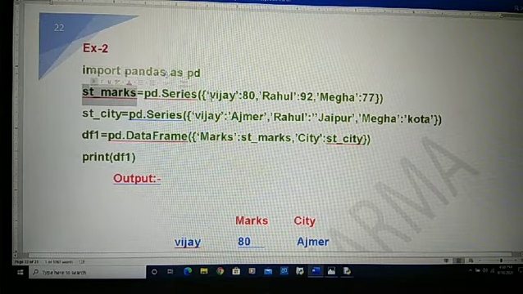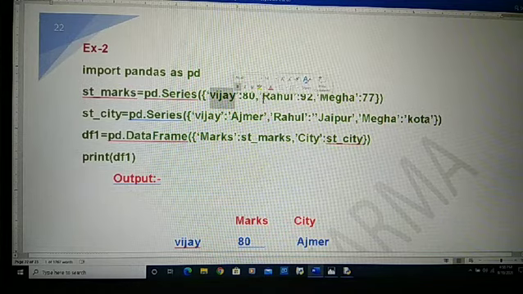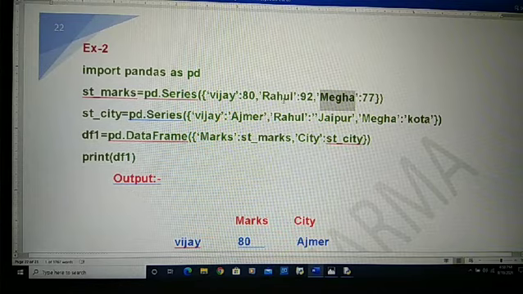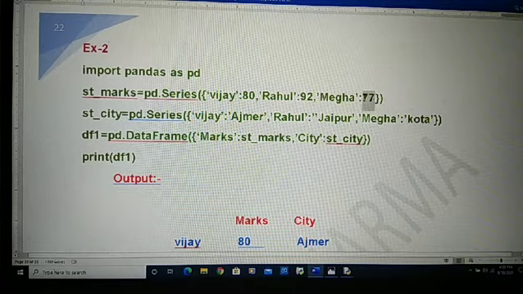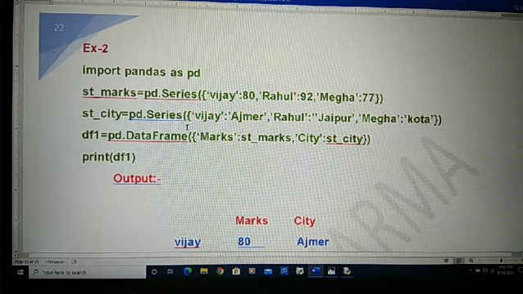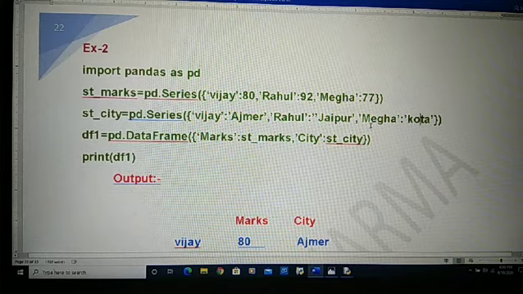It contains the keys Vijay, Rahul and Megha, and Vijay's value is 80, Rahul's value is 92 and Megha's marks are 77. And in the next row we again create another series that also contains a dictionary, and this dictionary contains your city. So Vijay lives in Ajmer, Rahul lives in Jaipur and Megha lives in Kota.